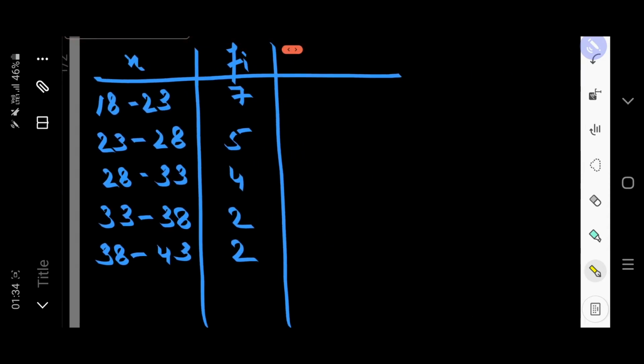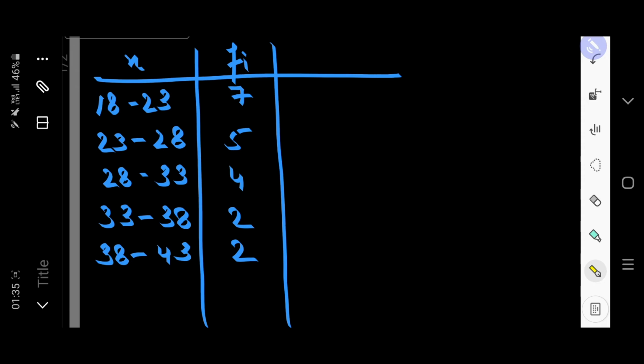So this is the continuous frequency distribution table where we are provided with the class intervals as the values of x and the frequencies of those intervals. So to calculate the mean, first we need to find the exact xi value. As we can see here, the values are given in intervals, or classes. So we first have to find the midpoint of these intervals, the exact point which we can assume to be the xi values.